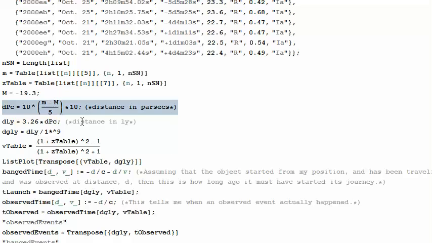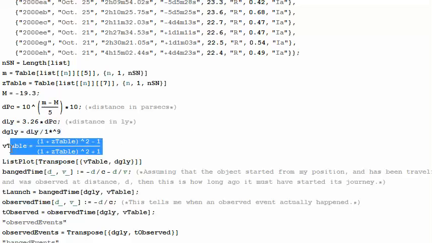So assuming it would be negative 19.3 at 10 parsecs, we can calculate how far it is by comparing its apparent brightness, little m, to its actual brightness, big M. And this formula here gives us exactly that distance. Then we can calculate its distance in light years by multiplying the number of parsecs by 3.26, and its distance in gigalight years by dividing by 1,000,000,000.